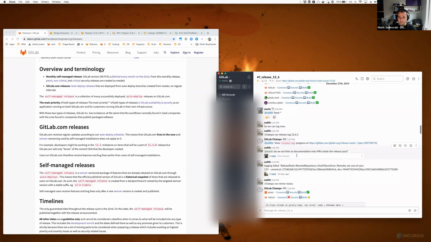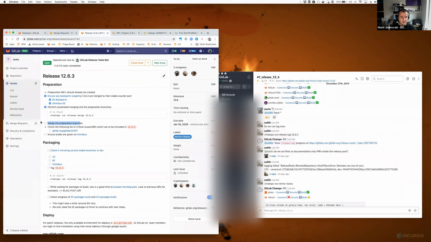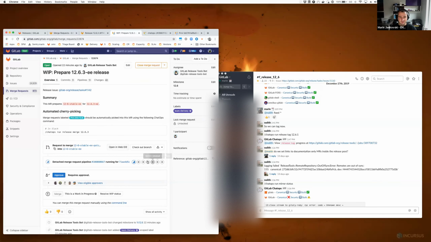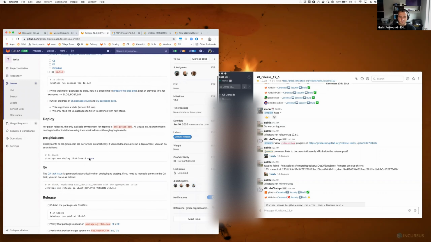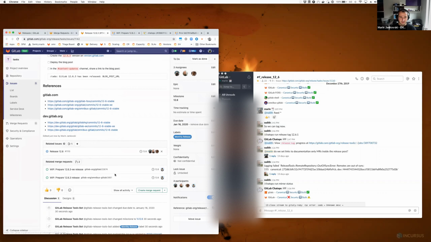When we are ready to prepare the release, as our release issue says here, we will merge the preparation branches. Only when this is completely green, the release manager is going to approve, resolve the work in progress status, and merge into branches. We will do that for both merge requests, both for Omnibus and for GitLab EE. So in this case, these two merge requests are linked here, and release managers can easily go and just make sure that